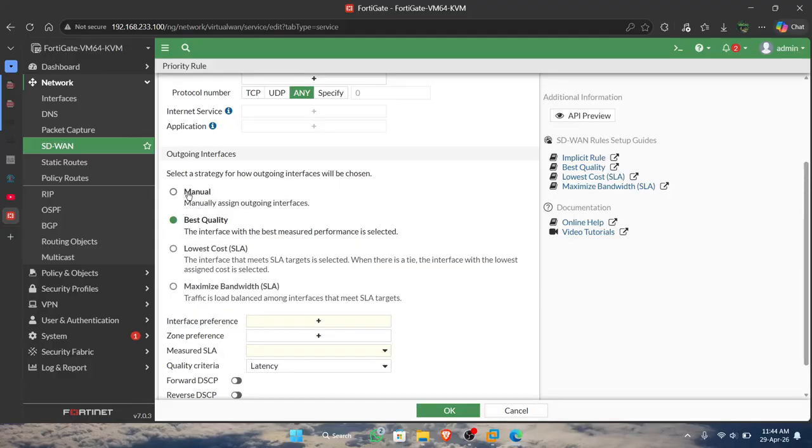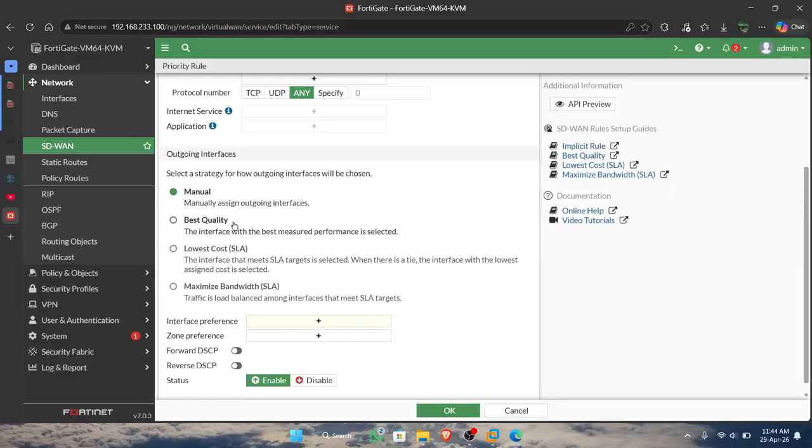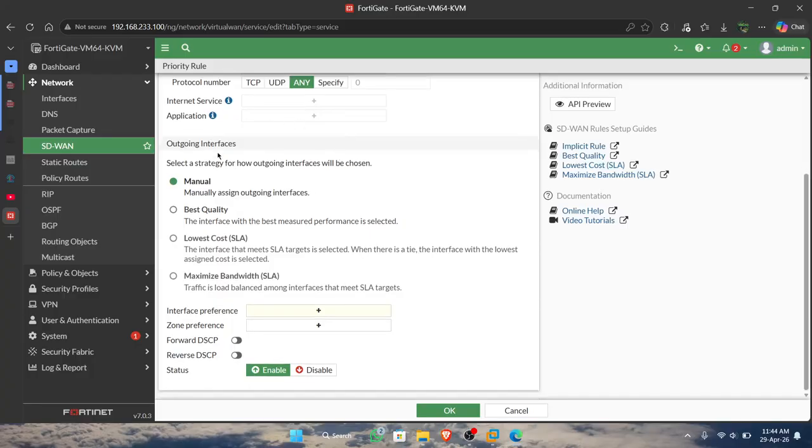In this config we choose manual because we configure it manually.